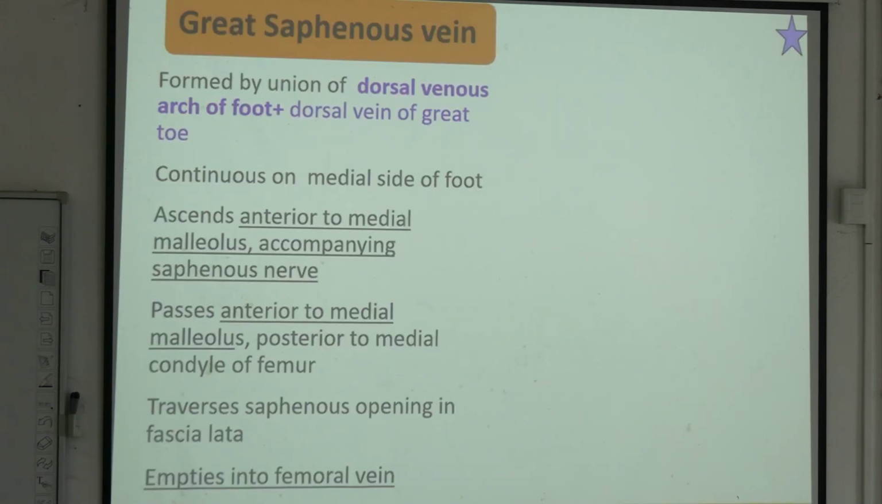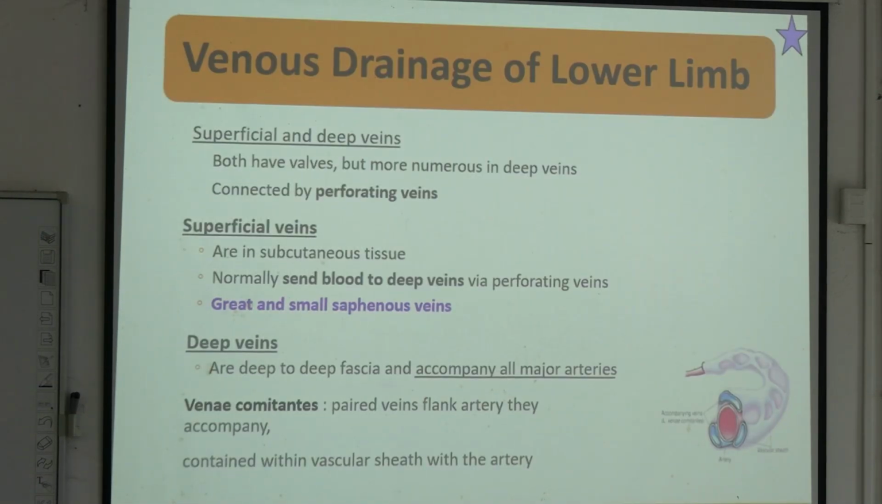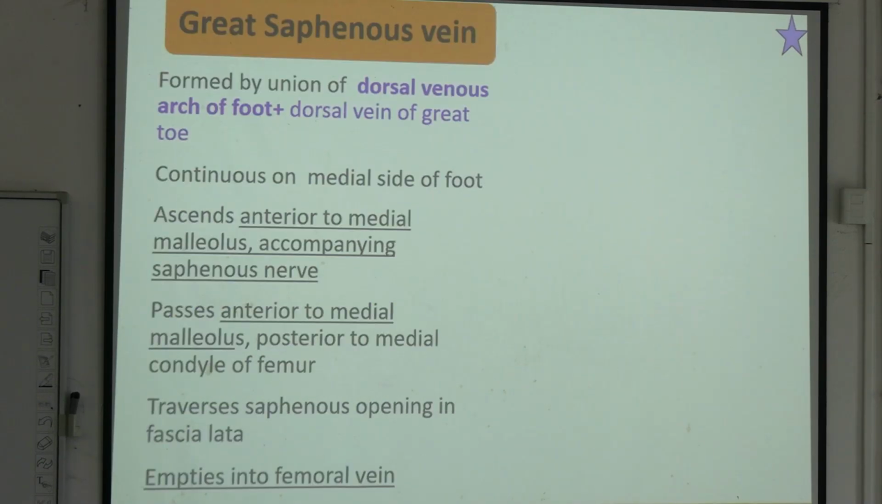Now, in this region we have two sets of veins, superficial and deep, with perforating veins connecting between them. The superficial veins are two, with the notation GSV and SSV, the great saphenous vein and the small saphenous vein. Deep veins are any other veins, like the femoral vein, popliteal vein, tibial vein, etc. Communicating between the superficial and the deep veins, we have the perforating veins, which drain blood from superficial to